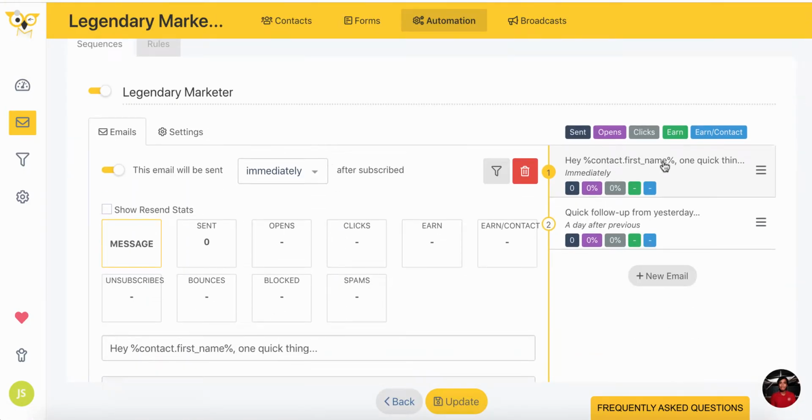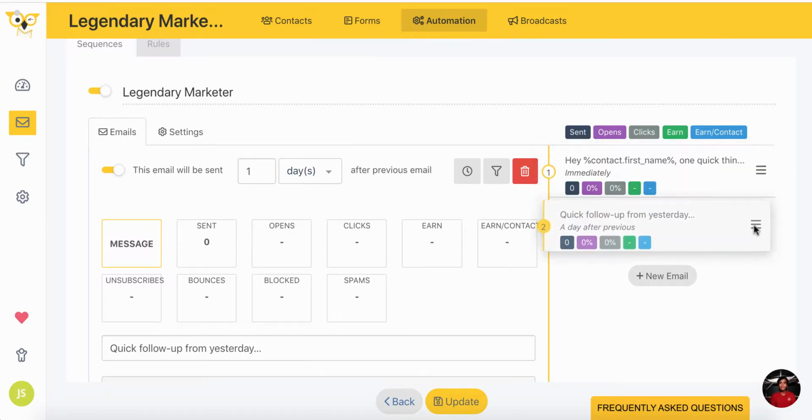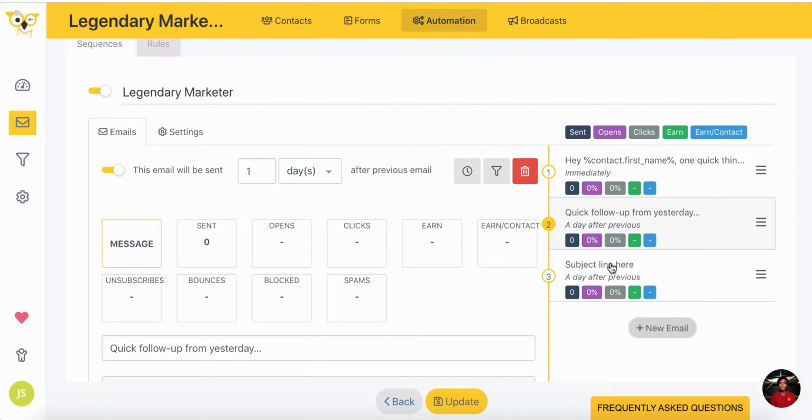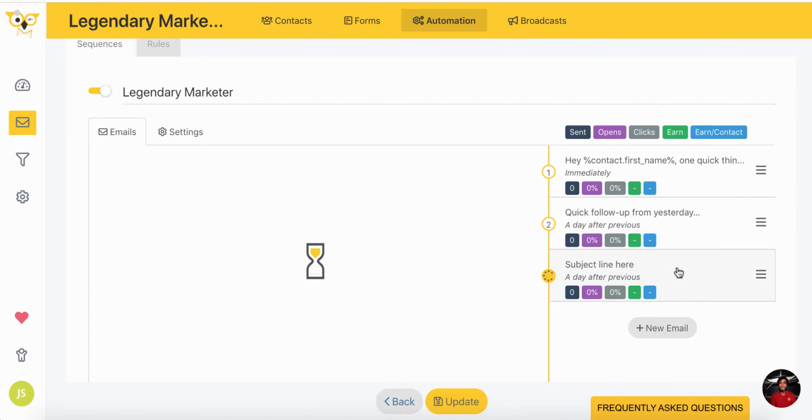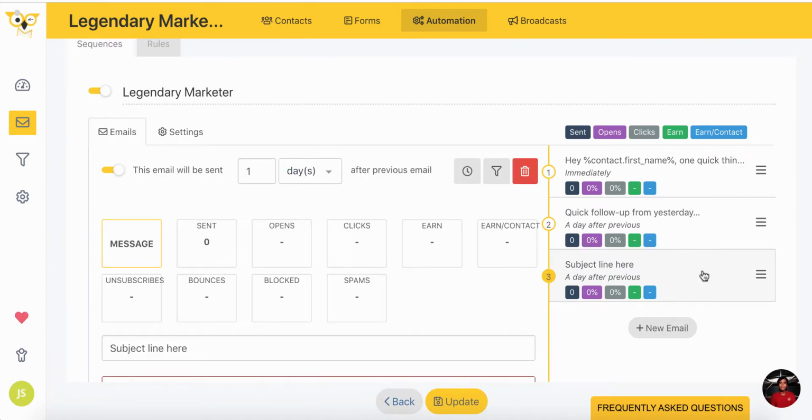And here you'll see that on the right hand side is where the sequence will actually be added to. So there's two emails already in here, and you'll see that as you hover over this three lines, it gives you an arrow that you could move the emails around if you wish to. But right now we're just going to click on new email, and then it's just a slightly different color. It goes from white to pale gray, and we can actually start in here,